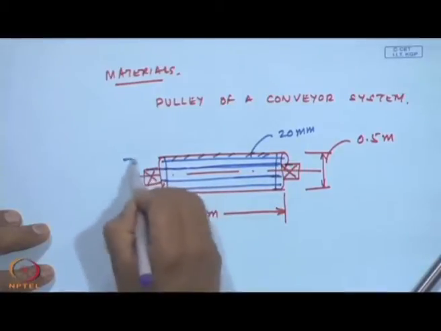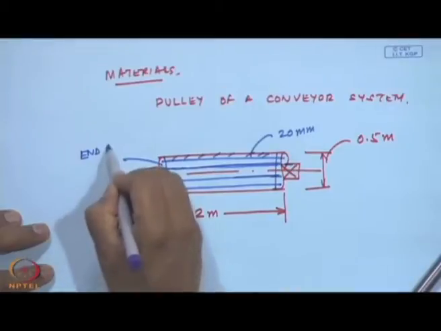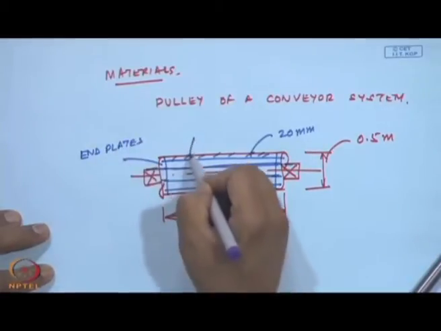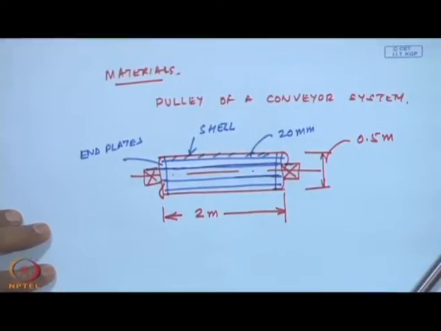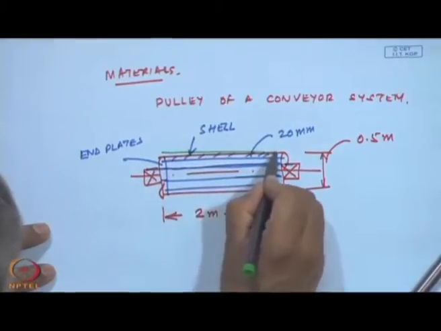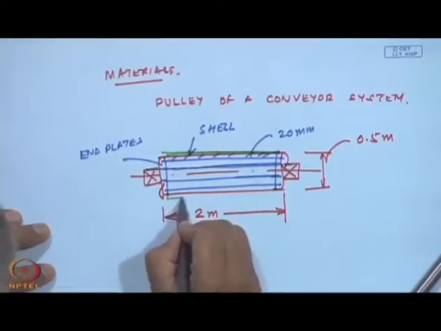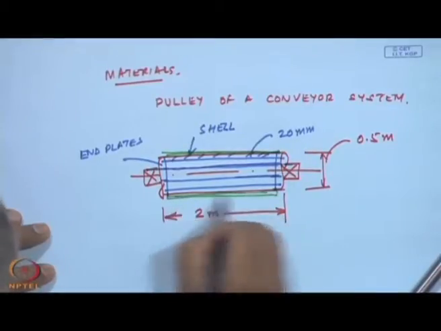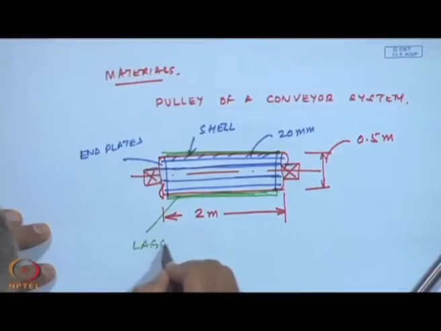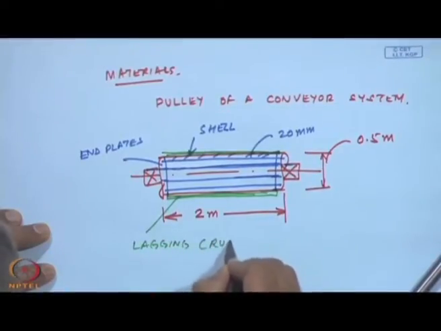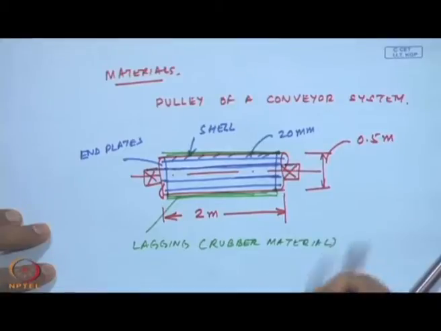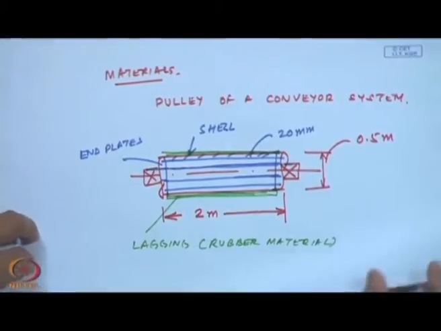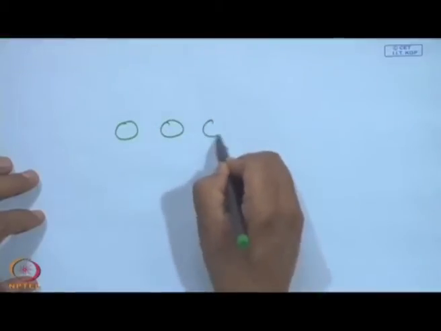Now, the shaft is solid, a solid shaft onto which we have the end plates. This is the shell. Usually on this shell they put a rubber material to protect the shell. This is known as the lagging. Rubber material, and in a conveyor there could be a series of such pulleys,